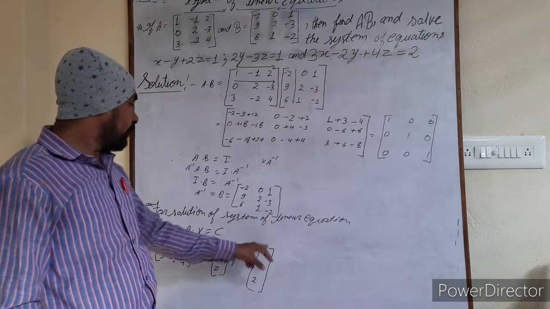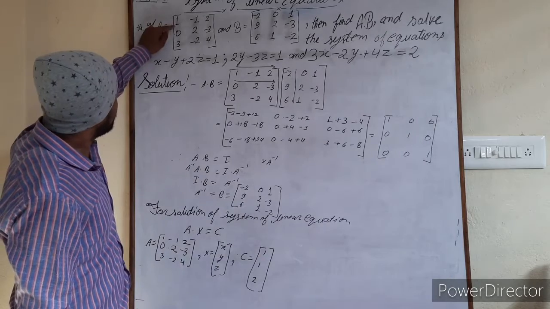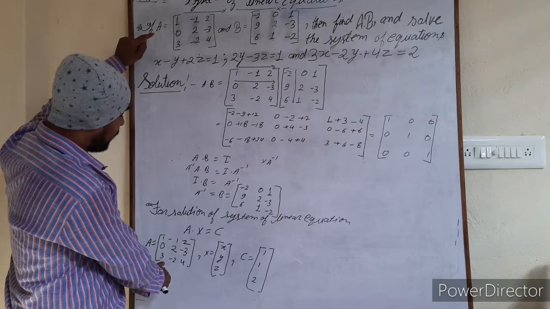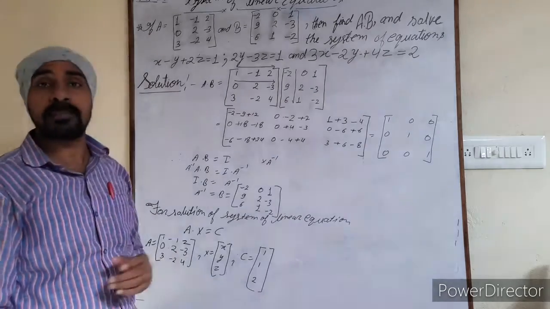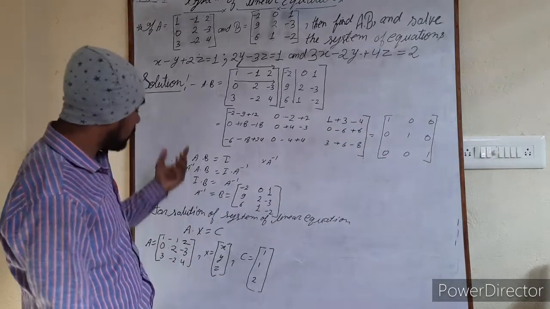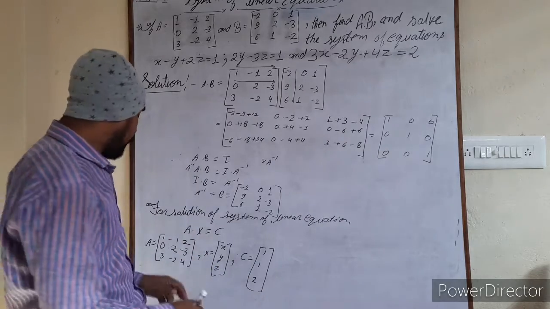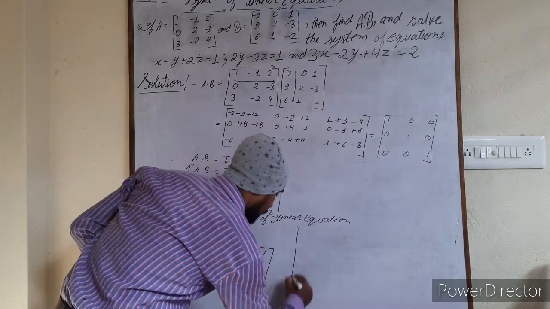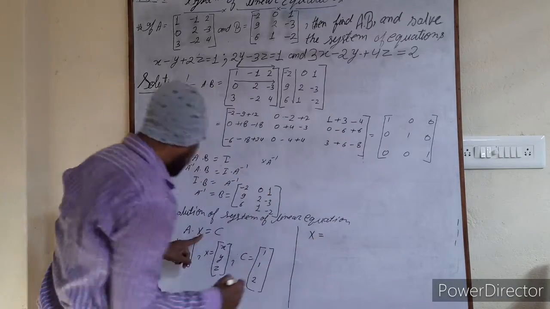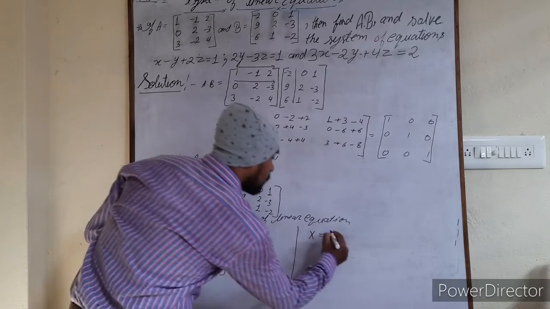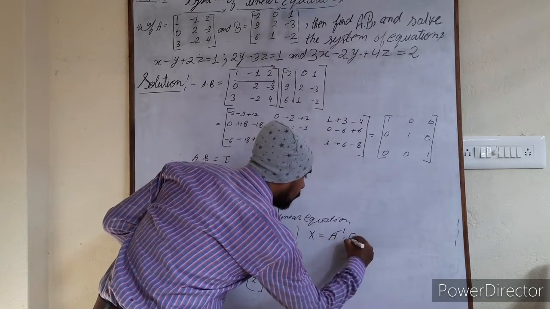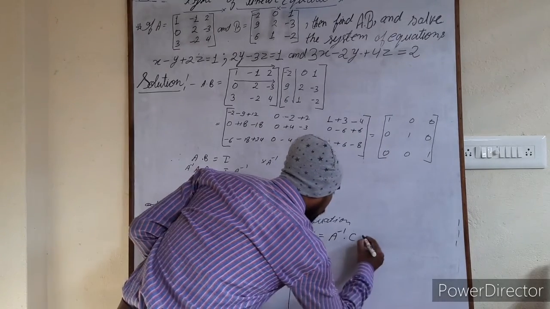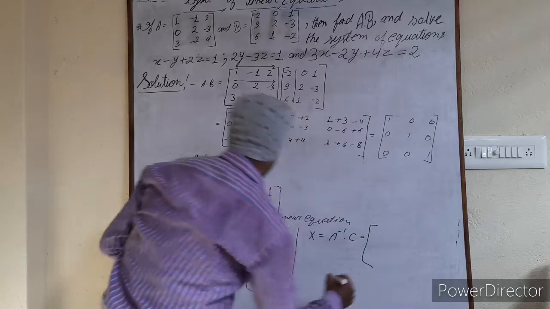This is x, y, z and 1, 1, 2. Let us check it. That is 1, -1, 2. Yes. 0, 2, -3. Of course it is right. 3, -2, 4. Of course 3, -2, 4 has been taken here. Now you can observe that A is correct. X is here. C is here. And whenever we are supposed to find out the value of x, I am writing here x will be equal to A inverse into C. What will be here? A inverse into C. Now the value of A inverse is B.